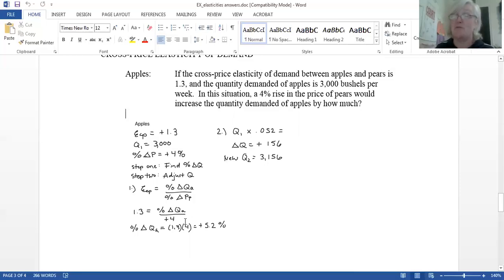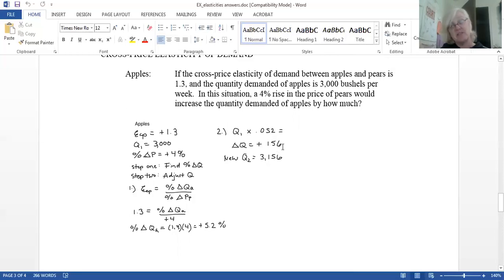In this case, I just multiplied both sides by 4. And so I found that percentage change in quantity of apples is equal to 1.3 times 4, positive 5.2%. So my quantity of apples demanded is going to increase 5.2%. And the question says, would increase the quantity demanded by how much? They want to know how much it is going to go up. So we're looking for that change in Q. If we're starting at 3,000 and we're going up 5.2%, I take my original quantity and multiply it by 5.2%, and I find that the change in Q is going to go up by